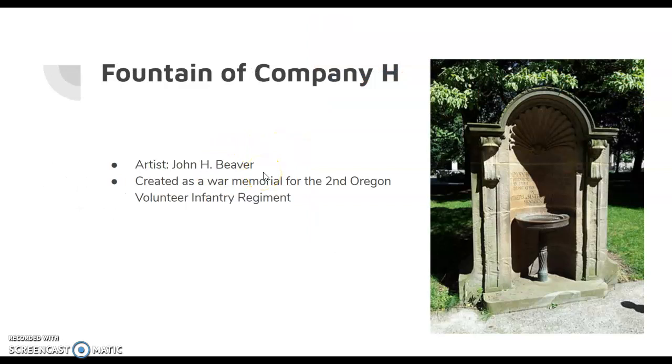As I talked about earlier, the influence that the war had through the 20th century was massive. This limestone sculpture, named the Fountain of Company H, was a war memorial designed by John H. Beaver that is located in Portland, Oregon. Although World War I had just begun, this war memorial was not created on account of the major war. This sculpture was dedicated to the 2nd Oregon Volunteer Infantry Regiment, who were killed in the line of fire in the